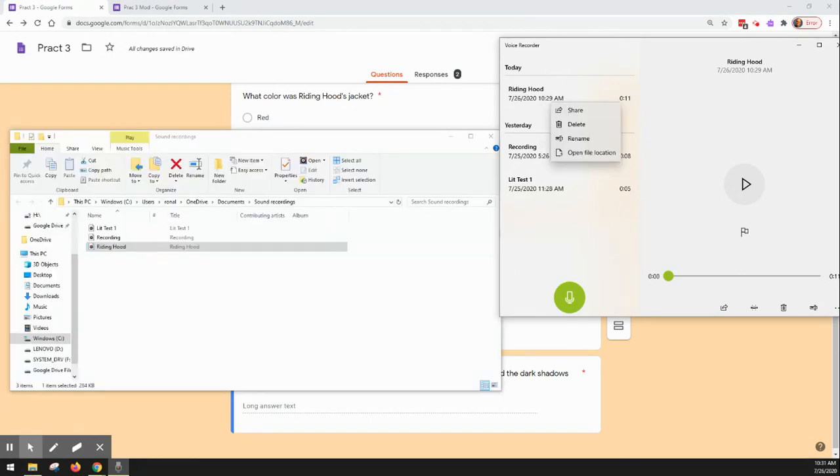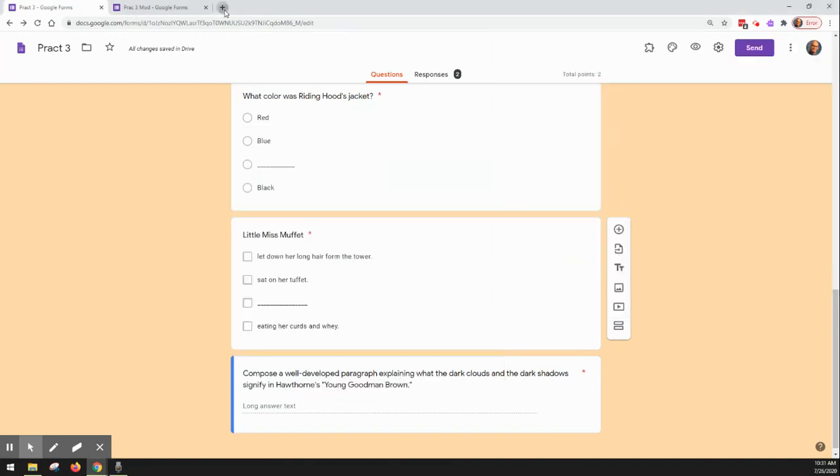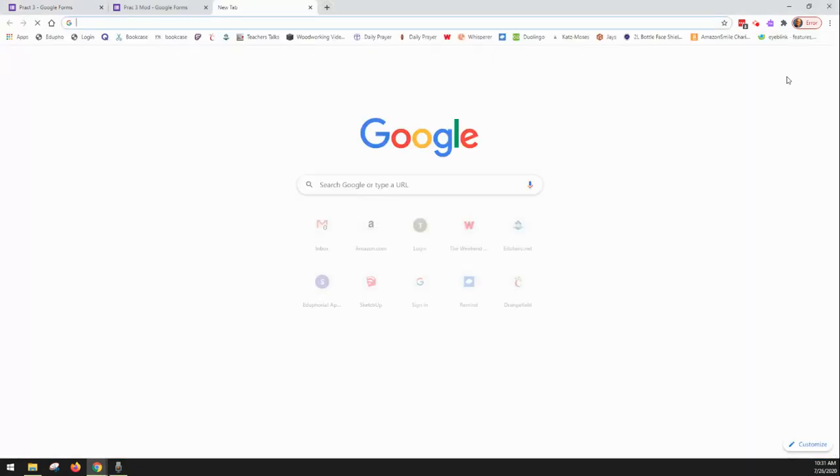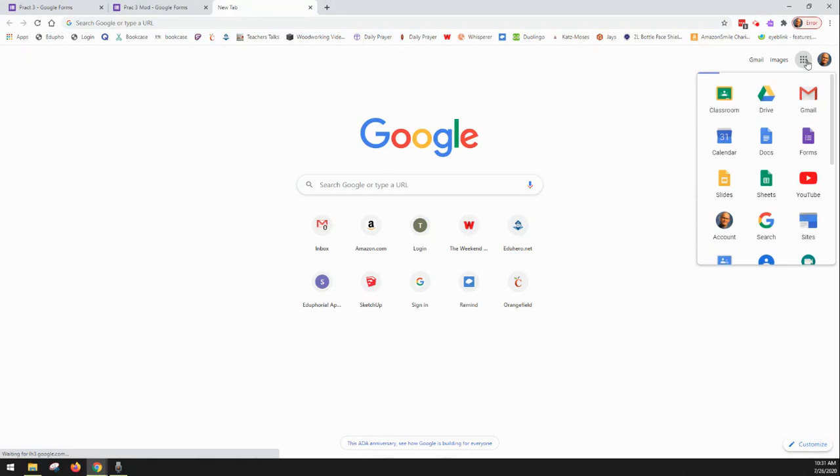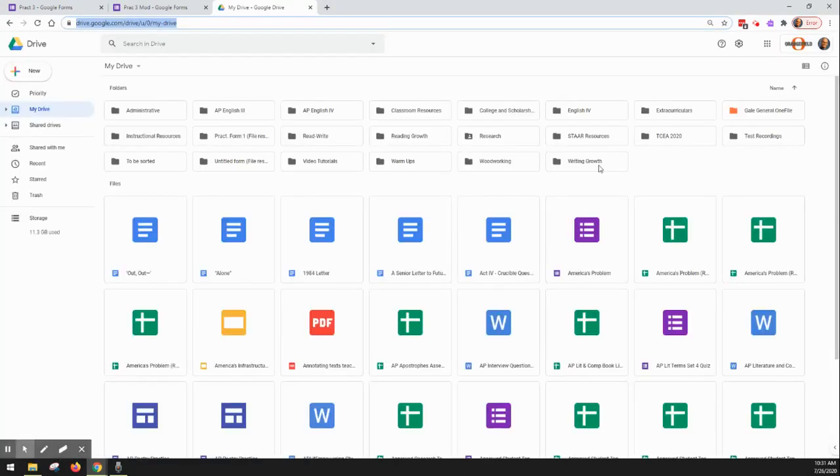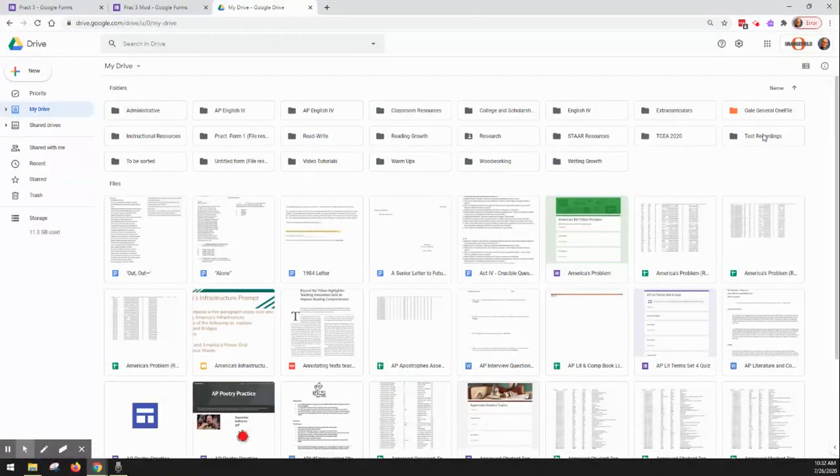I like to go ahead and put things in Google Drive. So I'm going to open this tab, go to my grid, and open my Google Drive. I'm going to go to the menu I keep recordings in,